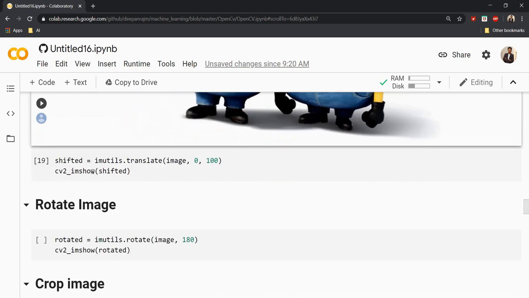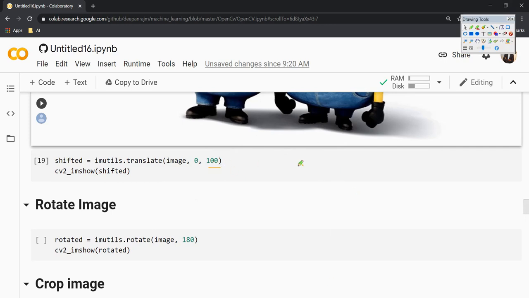So let me show you the parameters here. I'm going to use the function imutils.translate of the input image, and then the direction in which I'm going to translate. This is your x direction and this is your y direction. A positive number will translate your image in the downward direction, and a negative number will translate your image in the upward direction.